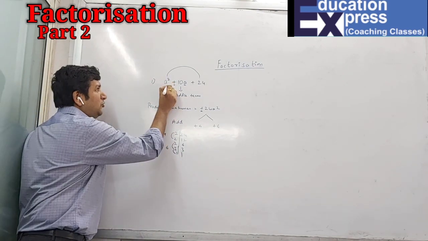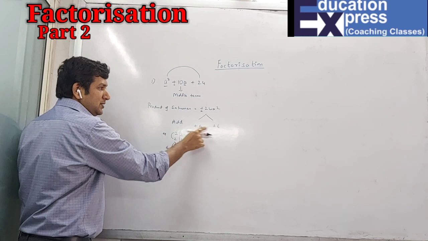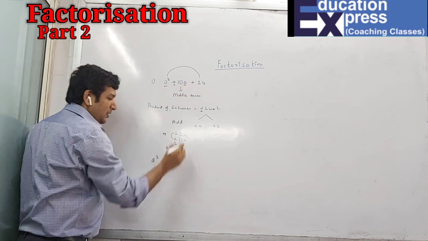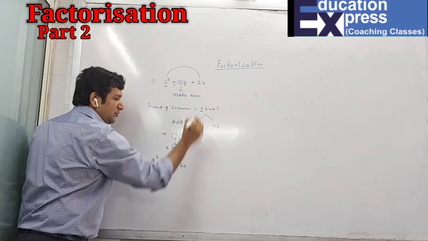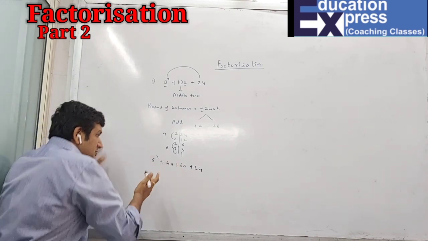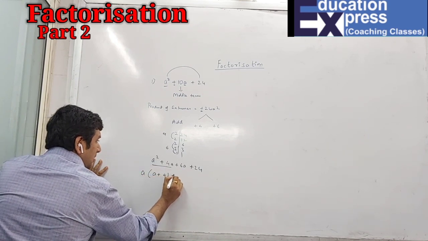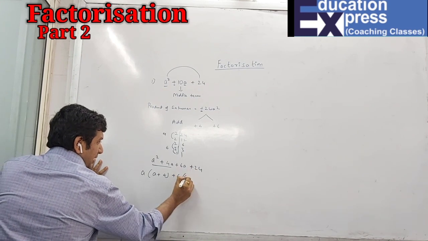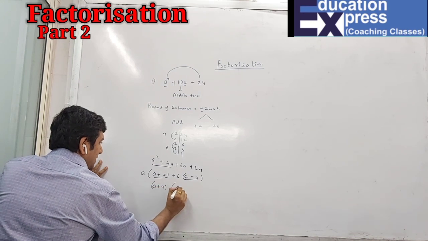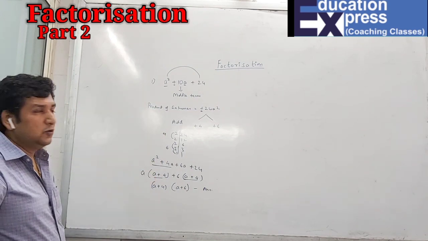So over here, first you have to write as it is the extreme terms, that is a square. Now 10a you have split into two numbers, that is plus 4a. You have to write obviously the variable, plus 6a and the extreme element as it is. That means you will place the extremes as it is. You will just split the middle term. Now simply you will take the common a, plus 4 plus 6, 6 4s are 24. So a plus 4. So now what is the common factor again? A plus 4, and what is left? A plus 6 is your answer. So this is how the middle term goes, splitting the middle term.